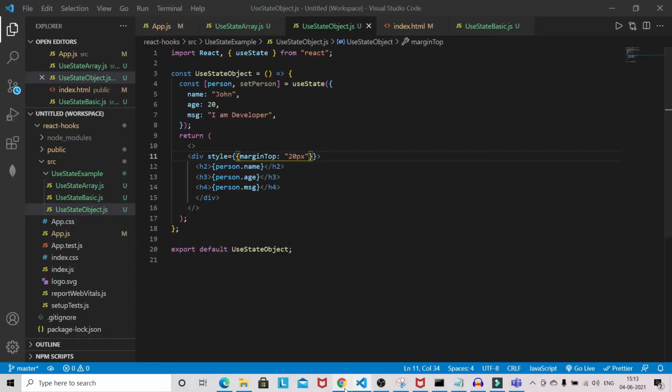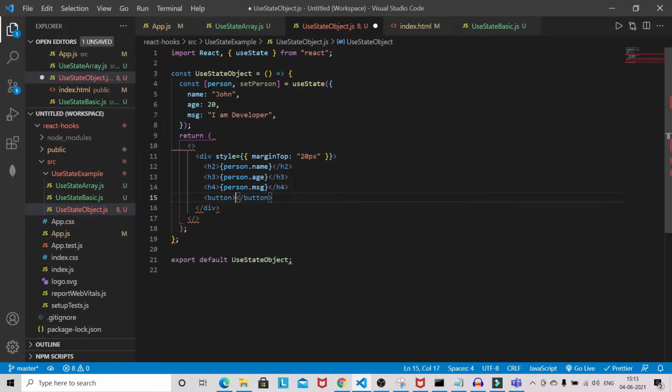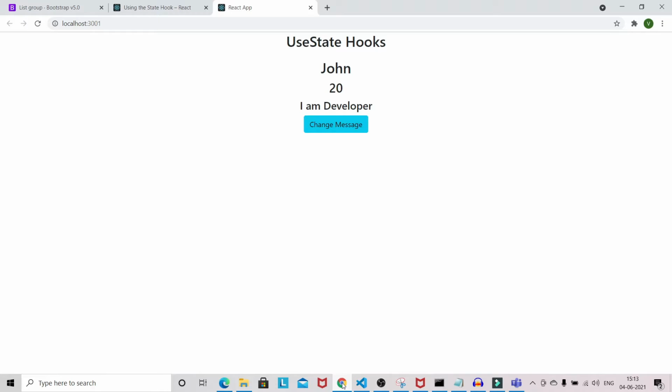Okay, so now what I want here, actually I want to change the message. Okay, so let's give the button name change message and the class name of button btn info. Let's see, button is there. Okay, we got the button. Now we just want to change this message.